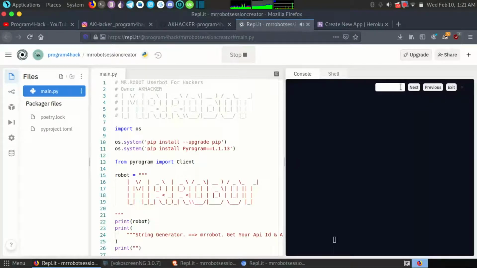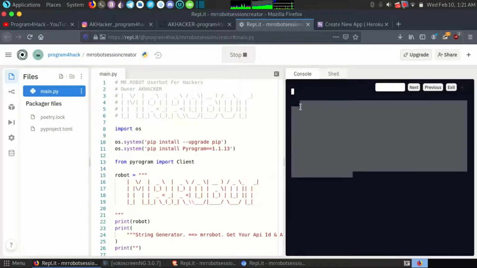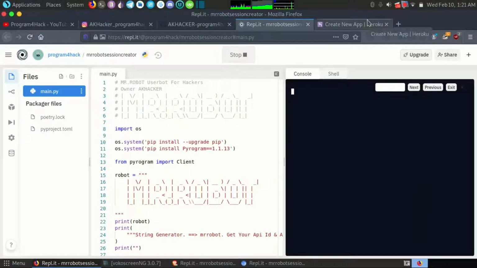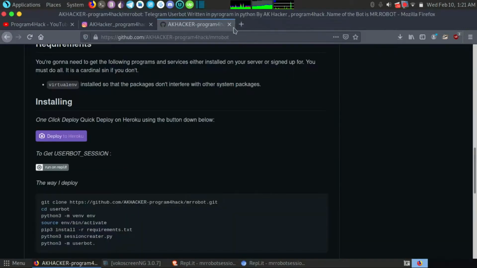If you find the string here, you will get the string, but you will not be able to see it. So this is the error in the Firefox browser. You cannot use Ripple.it in the Firefox browser, so you have to switch to another browser. So this is the error I am facing.